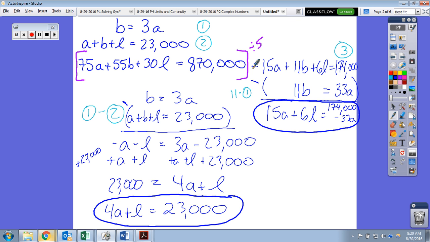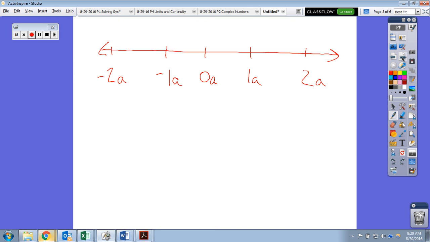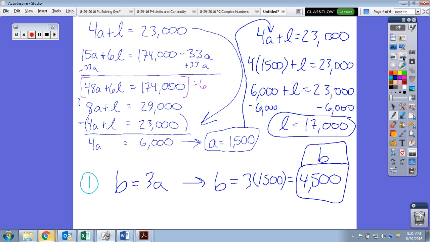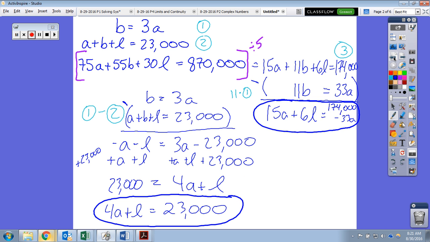But could someone check this for me? I don't care which one you check, whether it's this one or this one. A is 1,500. So which one did you want to do? You're going to help me out. The right one. 15 times 1,500